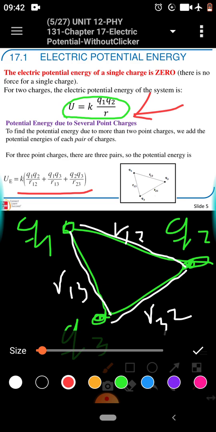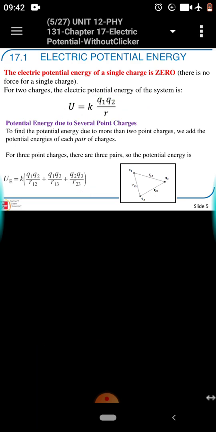So let's continue. If you understand this, even if you have more than two, with more than three, you just need to add all the possible pairs, and then you will be good. So let's continue. Potential energy due to several point charges. If a system contains only one charge, you remember,